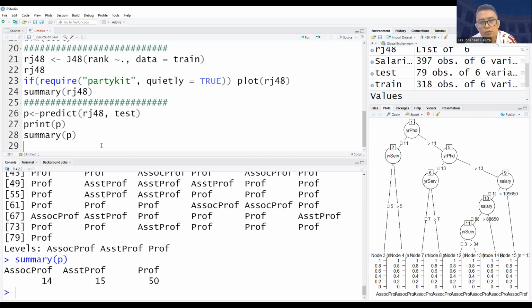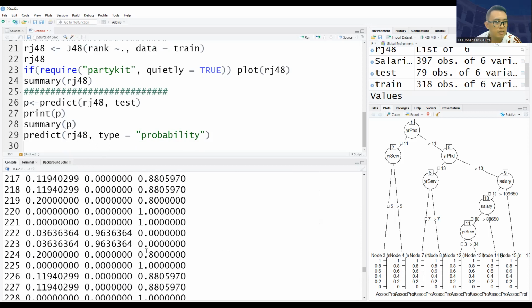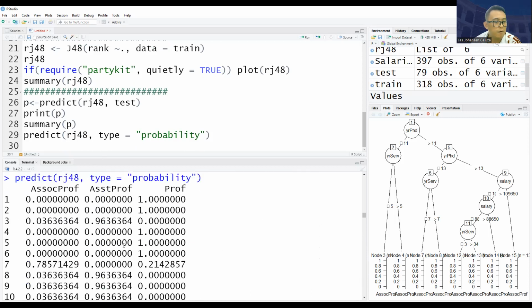Okay, let's try to look into the data from the 318 data as probabilities. By using the predict function with the RJ48 model, and the type is probability, right? So look at here, the 318 data sets. Let's try to look into the first few rows. All right, so in the first row, it is really predicted to be a professor, 100%. Also here. And the third data set, or third respondent,